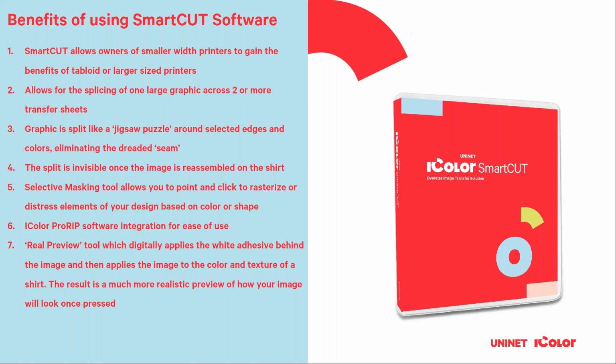And it's also got a real preview tool that puts your image onto the color of the shirt you want to apply it to. So for instance, if you want to go onto a black shirt, it'll take your image and put it on a black shirt, but not just the black color. You zoom in and you see the fibers of the shirt. It really looks like it's on the shirt. And that gives you a great idea of, will this image work on black, or is it better on blue or yellow or whatever? It just gives you a little bit of insight without having to print and press it yourself.